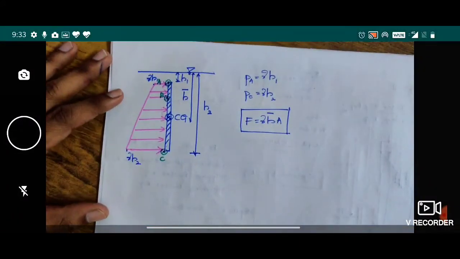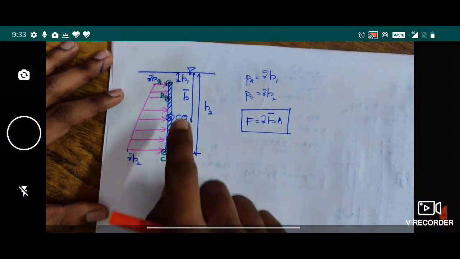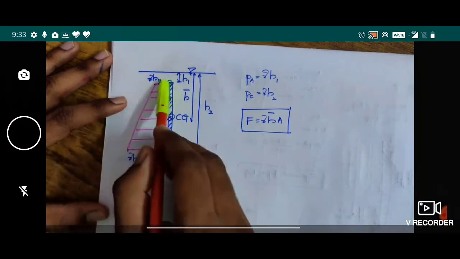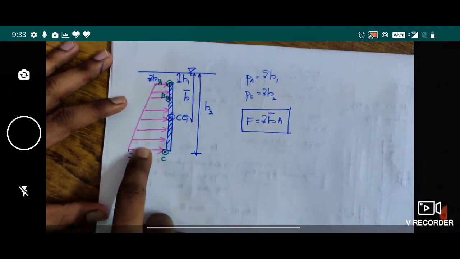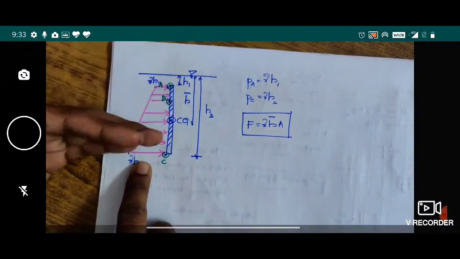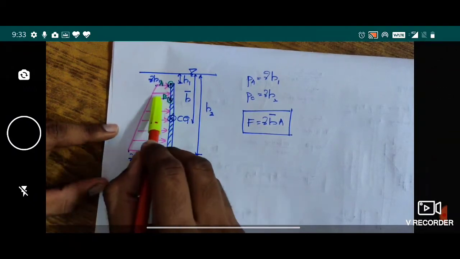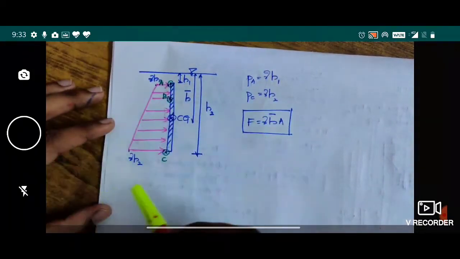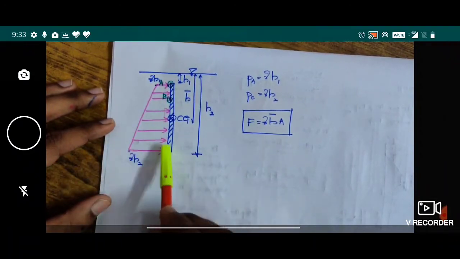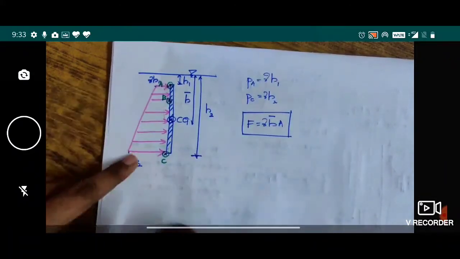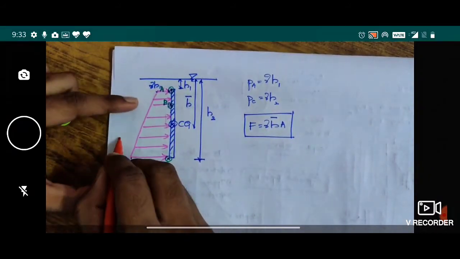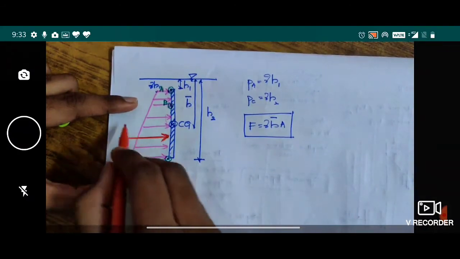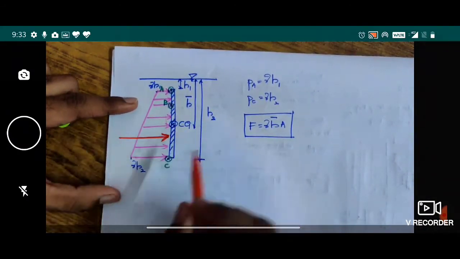So similarly, if you take this, what happens here? You have your H bar. Now you have to find the center of pressure. See this distribution. This is not at all uniform. It is varying. It is increasing towards the bottom. So what happens to the resultant? Will the resultant be at the center, or towards the top, or towards the bottom? Because you can see that it is varying, the force is more towards the bottom portion. So your resultant also will shift downwards. The resultant will be acting somewhere downwards, not along the line at the center. It will be acting here.